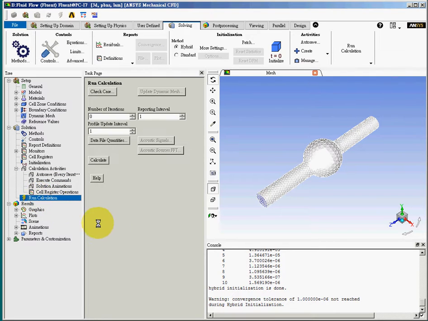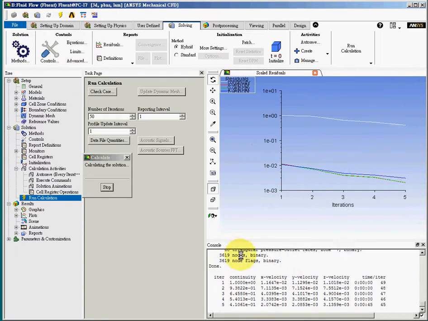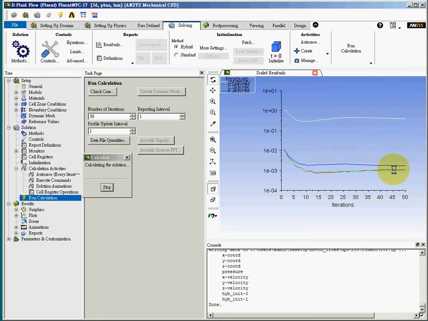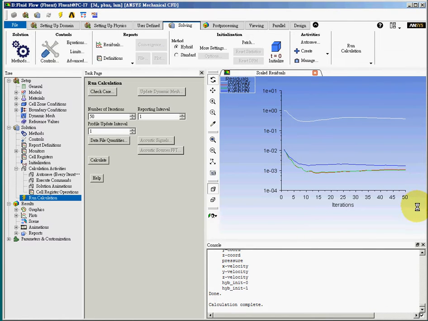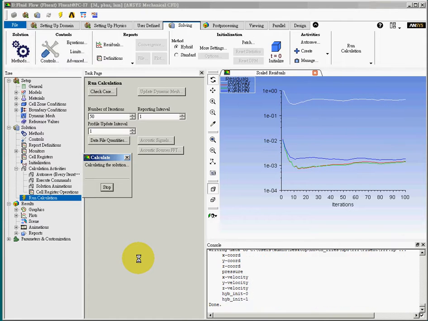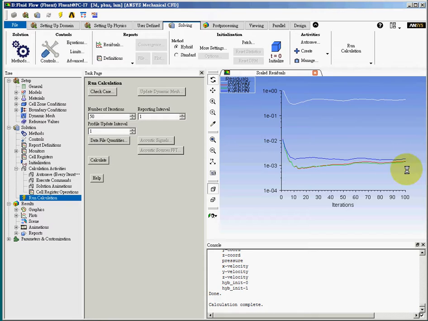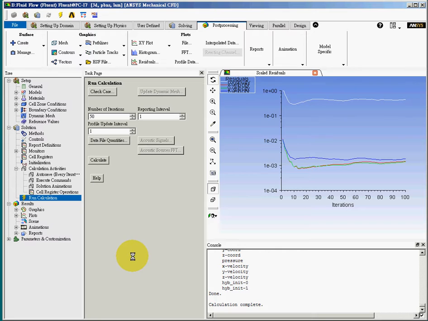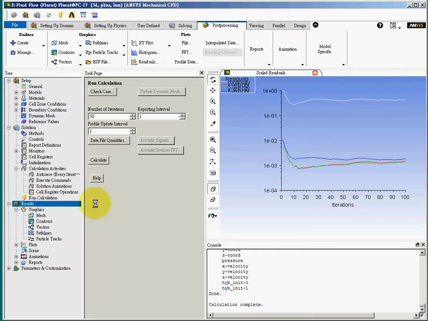So now we'll run the calculations. You define how many iterations to calculate and then perform the calculation. So this is the step 5 calculation. And you can see that the convergence is reached actually at 50 iterations. If you are not comfortable with the result, you can calculate another 50 iterations. So now I have reached a stable value of the outcome. So I'll get to the post-processors, the result, and we can